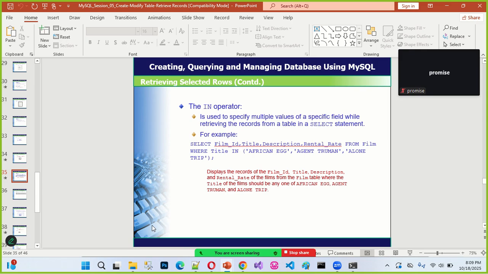If I'm going to pick any record from the table, I can specify IN for it. For example, I want to retrieve any record where the title is African, egg, agent, trauma, a lone trip. I can use IN for it, as long as each of these values exists inside this particular title.